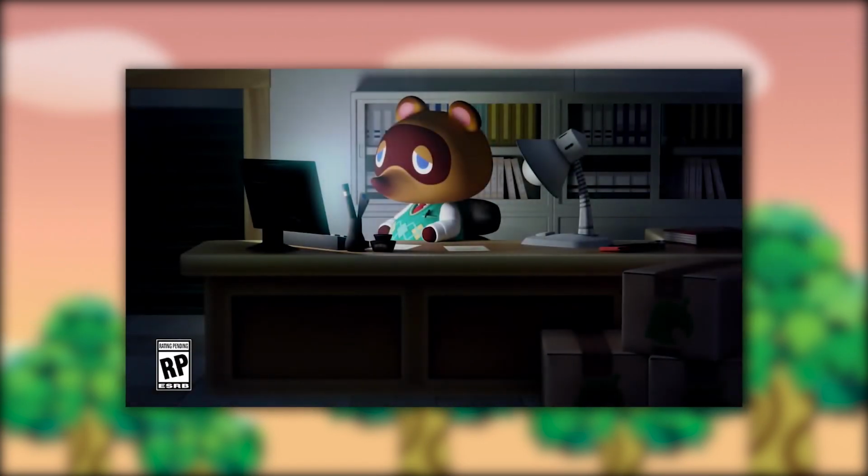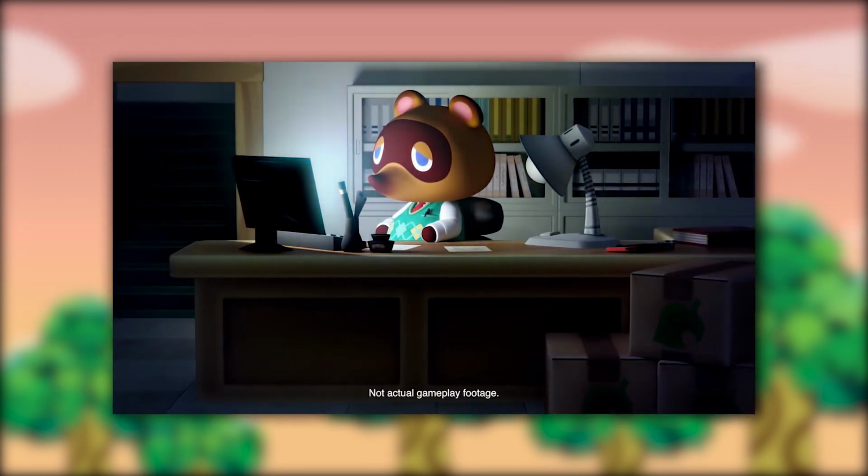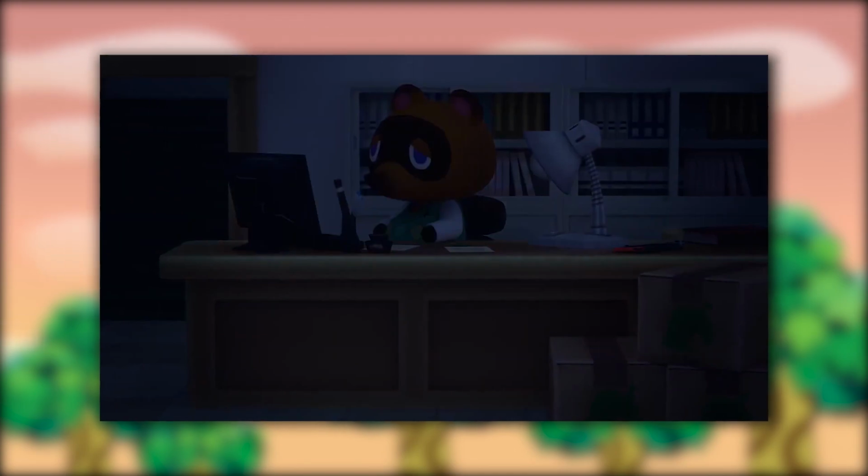Today I'm going to compare Animal Crossing New Horizons with Animal Crossing New Leaf, and I will have a special look at the graphics of both games, because I recently started to play New Leaf again and I noticed huge